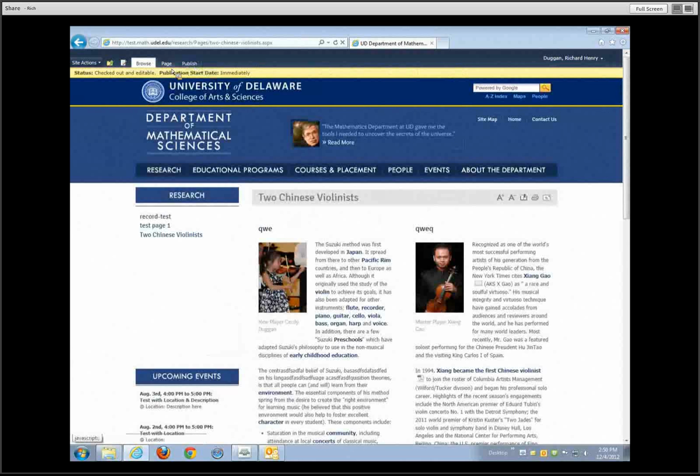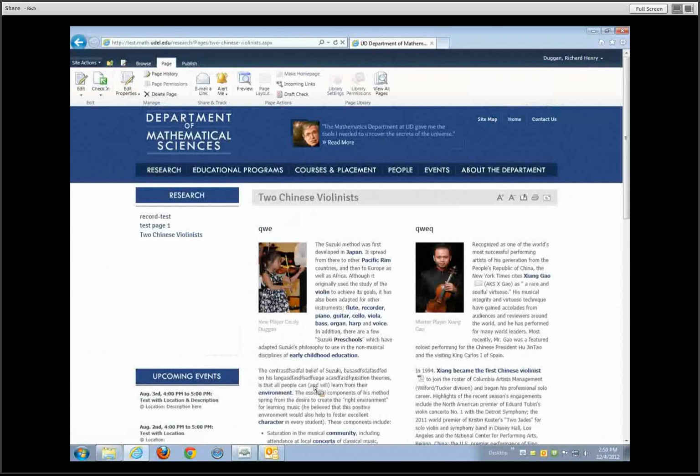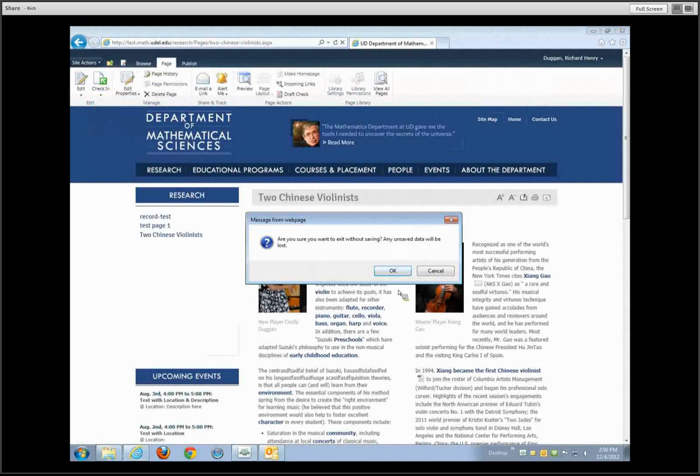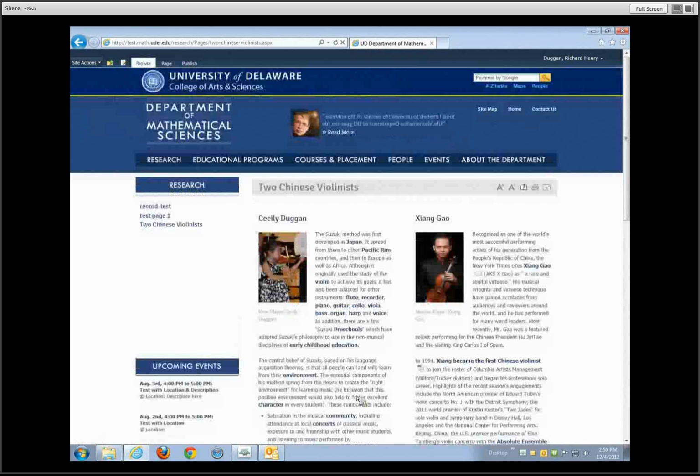One final thing. I don't like all that junk I put in there. I can also do this. I can say discard checkout. If I discard my checkout, it's going to discard all the changes back to the last time I checked it in. So all those saves that I did, save and close, or just save and keep editing,